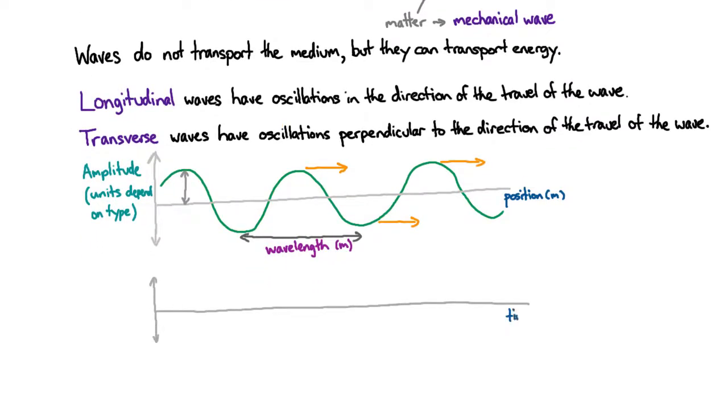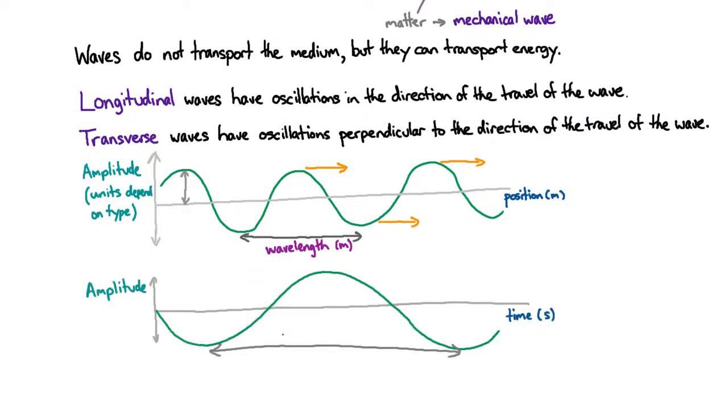And the time it takes to go through one cycle is called one period. We often talk about how fast a wave is oscillating rather than how long it takes between each oscillation, and so we often use the word frequency, which is just defined as 1 on the period.